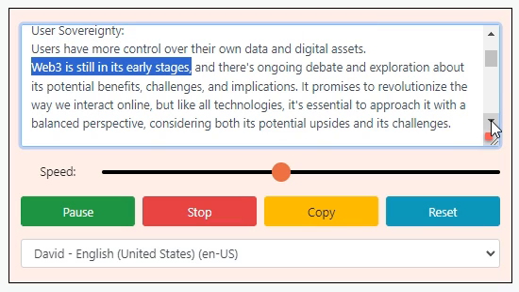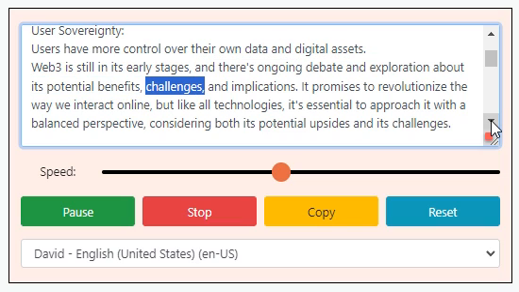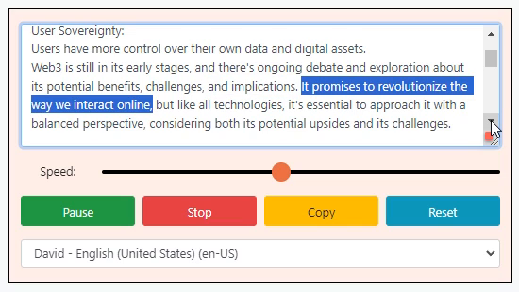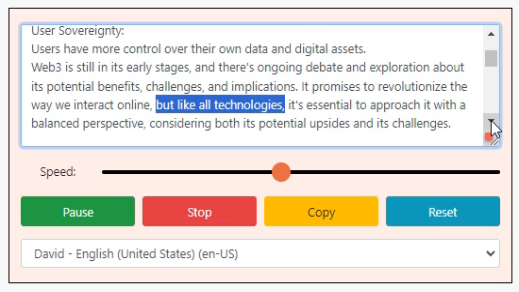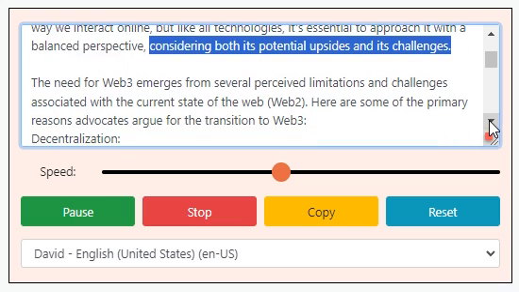Web3 is still in its early stages, and there's ongoing debate and exploration about its potential benefits, challenges, and implications. It promises to revolutionize the way we interact online. But like all technologies, it's essential to approach it with a balanced perspective, considering both its potential upsides and its